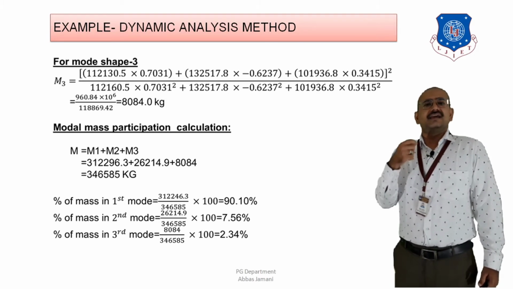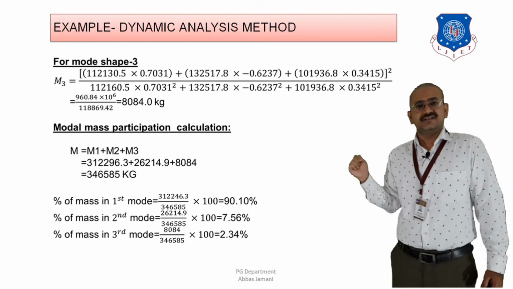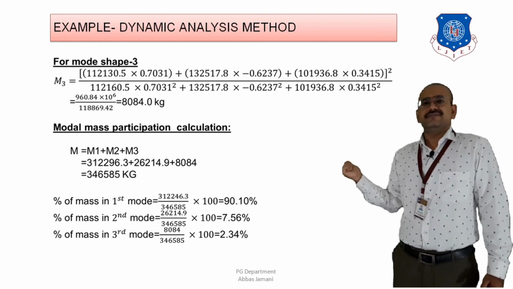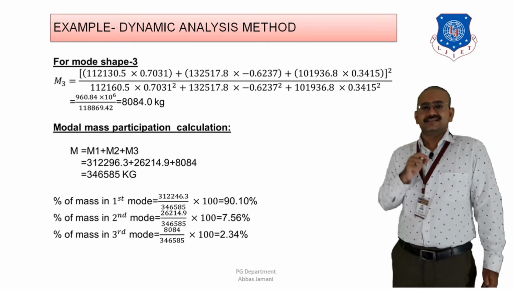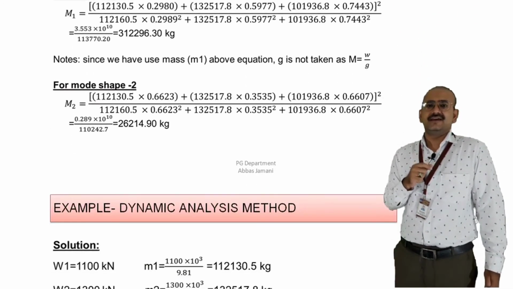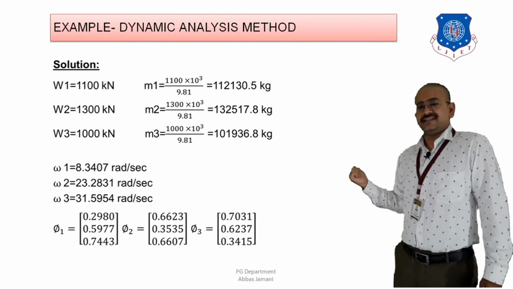Now, as we have seen in previous examples also, we have certain checks based on which we can see whether our calculation is correct or not. So similarly here also, if we want to check whether our calculation is correct or not, then this value of M that you have obtained should match with the total value of M that is given in the data. So if I go back to my initial data, that is the value of M1, M2 and M3 that you can see over here.